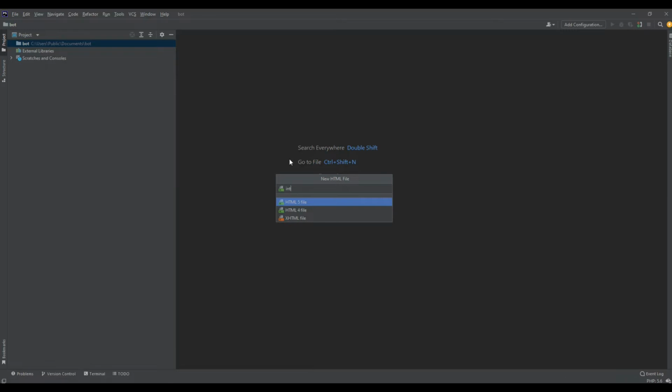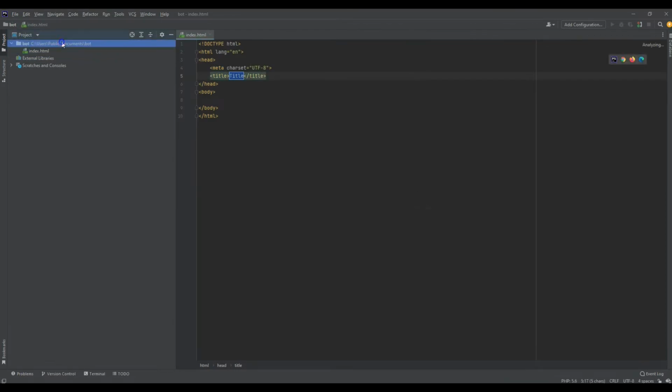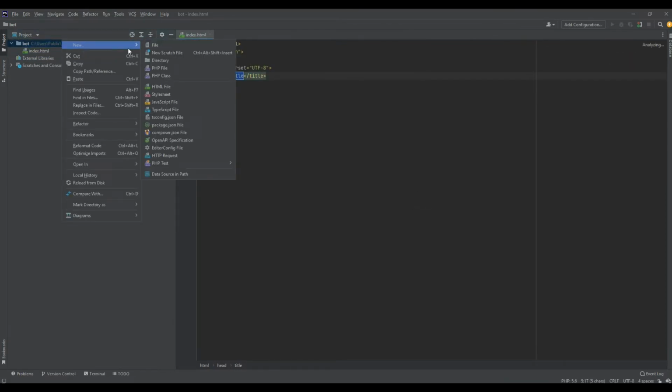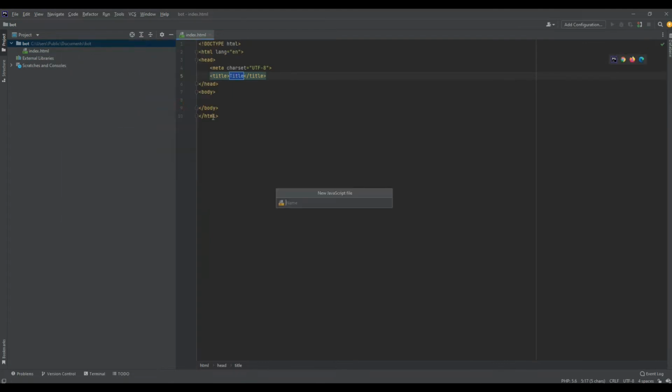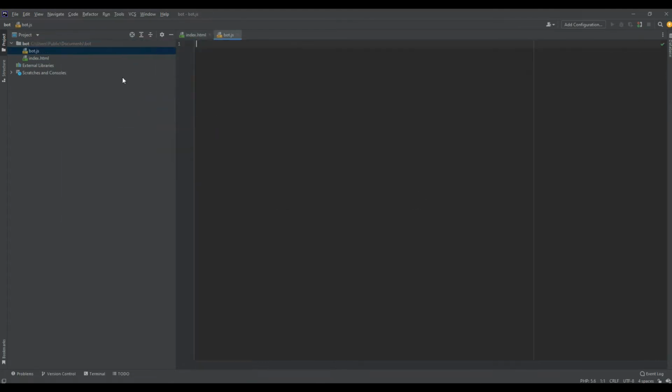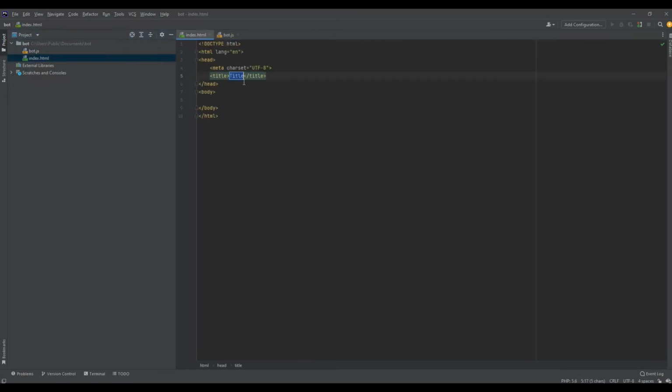So if you are looking for something more advanced, maybe you need to look up another tutorial. I'm using my favorite editor, which is PHP Storm, and I will leave a link down below where you can get it for free. And I have created a new project, and what we really need is one HTML file,